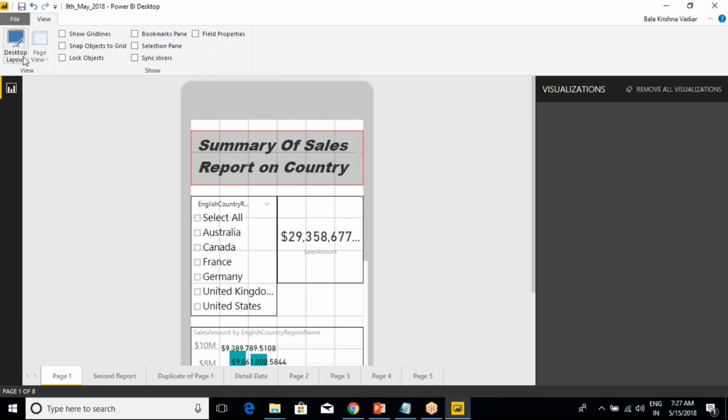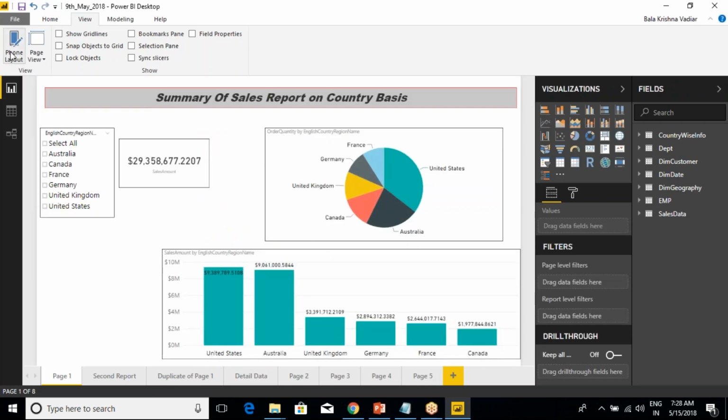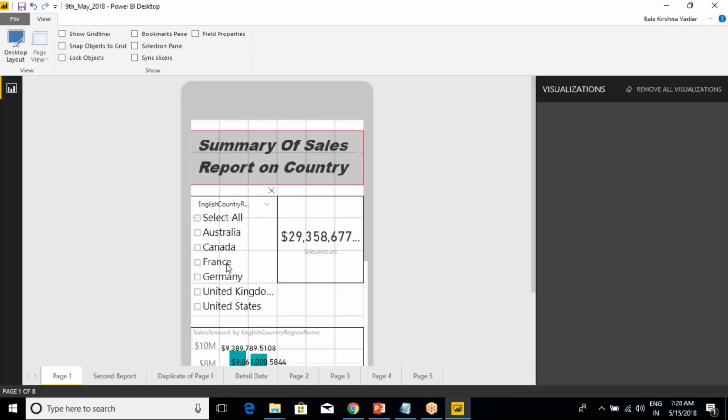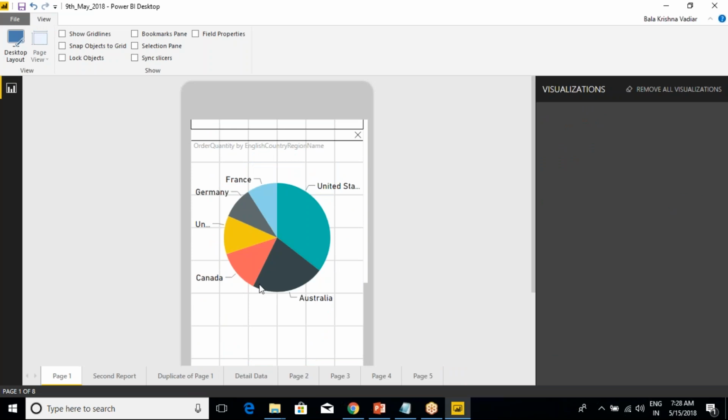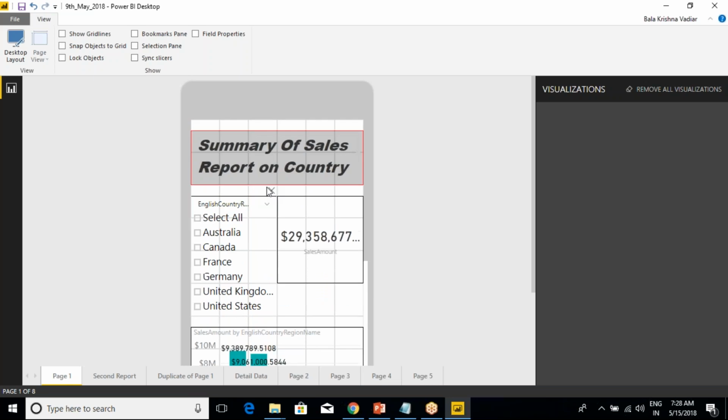So now if you want to go back to the desktop mode, yes, we can. So on desktop, again, if you come to page mode, it will be saved automatically. I don't know how many of you observed, when you're watching some online websites, on desktop there are lots of features available. But when you open the same application on mobile, some features may not be visible because they have not been implemented within the mobile view. So the next one is